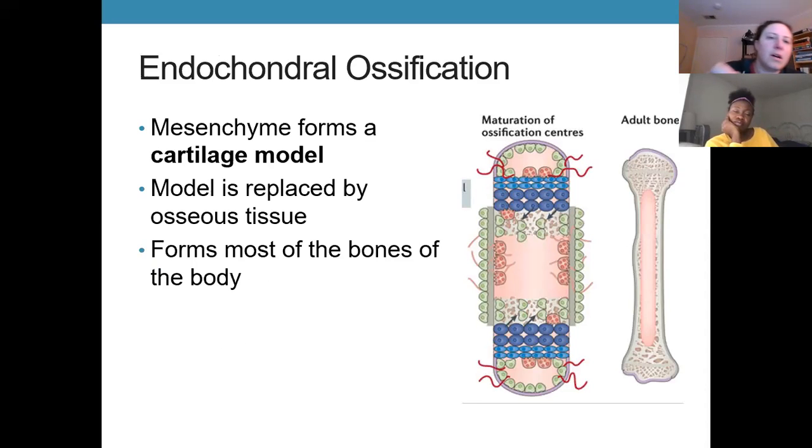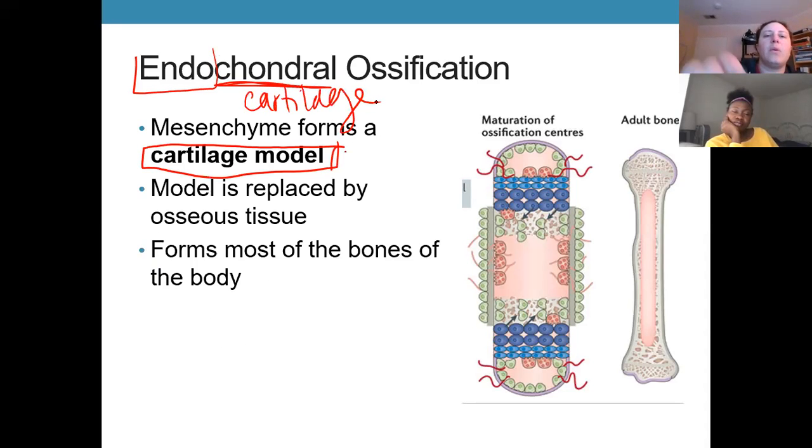So with endochondral ossification, the key is that we're starting by making cartilage. So endo meaning within and chondro meaning cartilage. So we're getting bone made from within cartilage. Most bones in the body are formed like this. And so literally what happens is